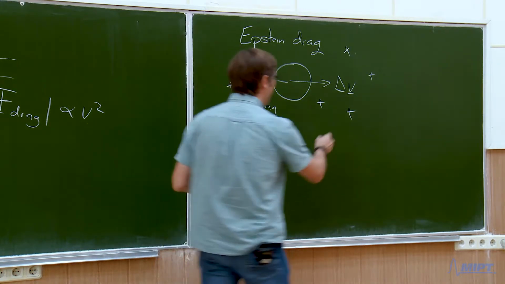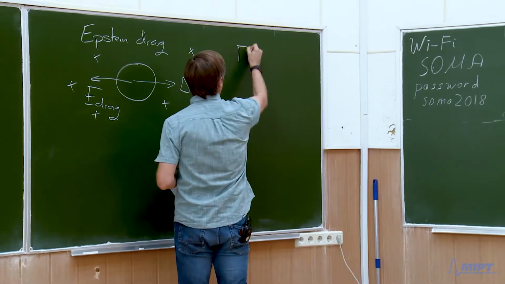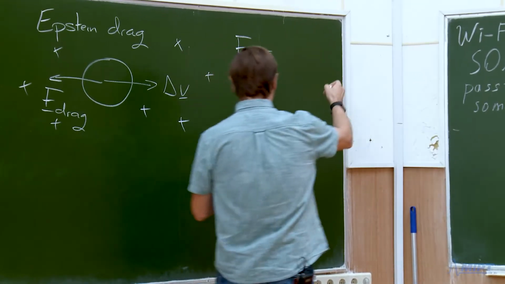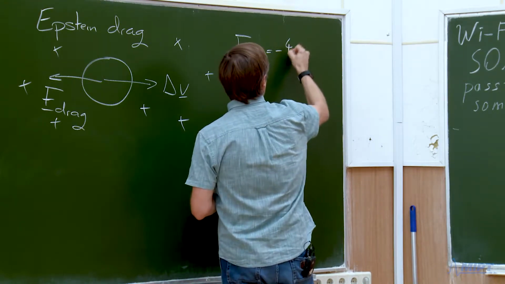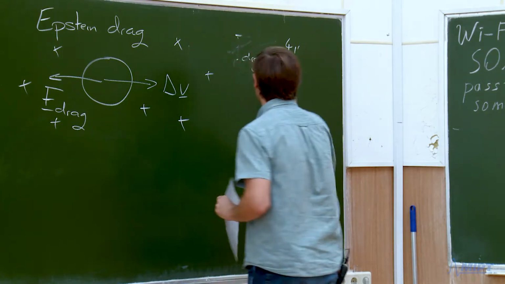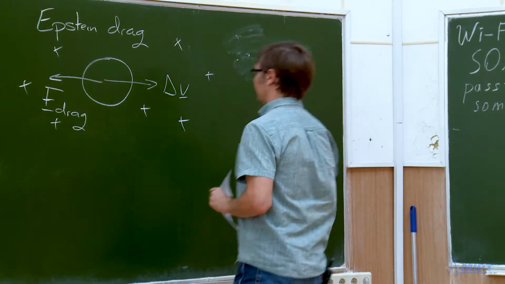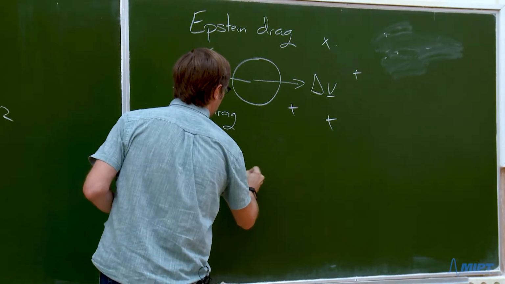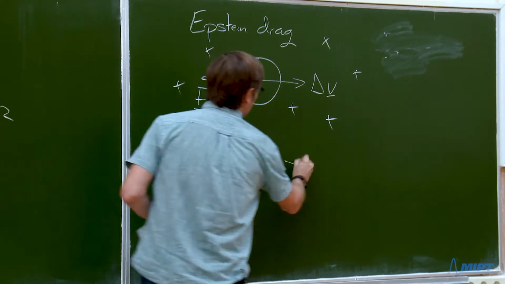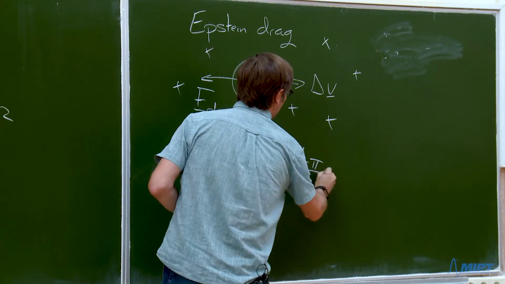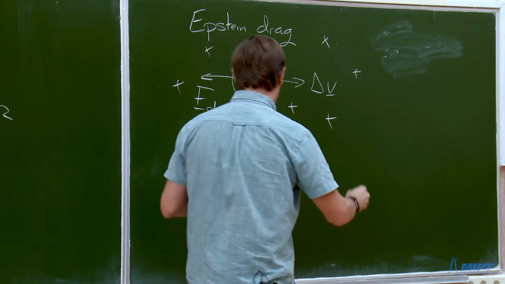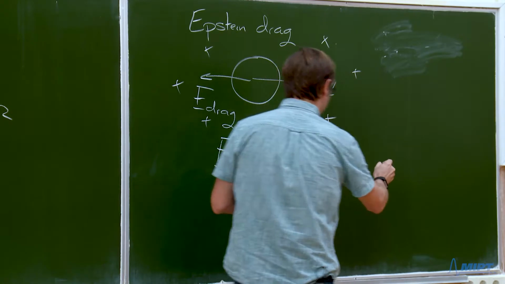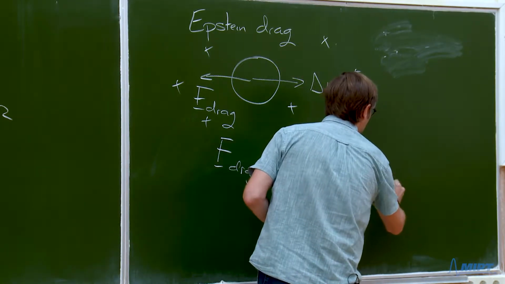So the expression for that is that F drag is minus, let's write this somewhere else, minus 4 pi by 3 rho s squared v thermal